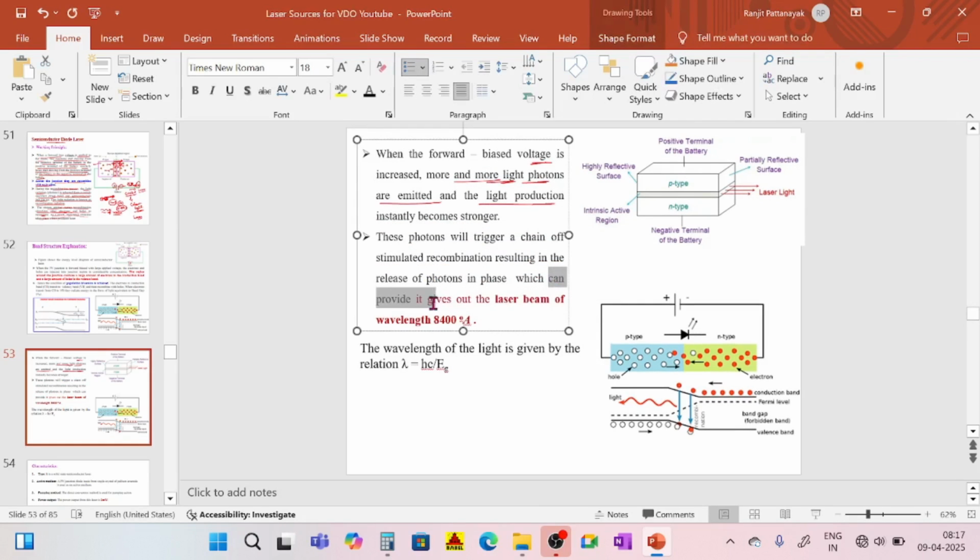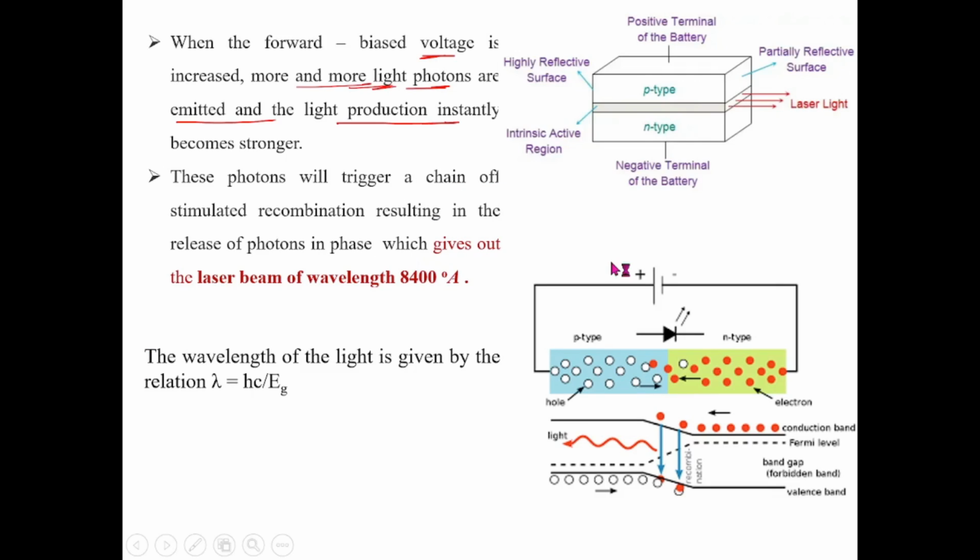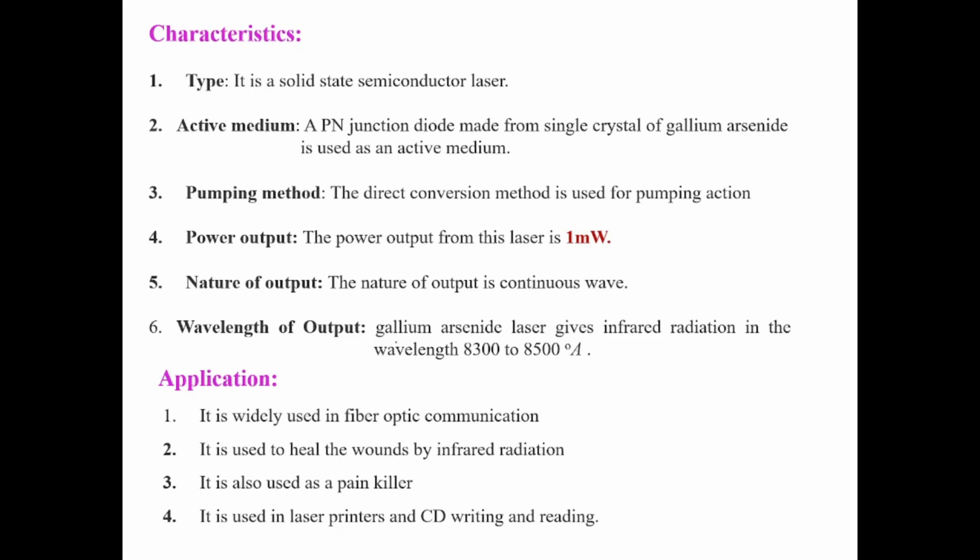which gives out the laser beam of wavelength 8400 angstrom, right? 8400 angstrom. The wavelength of the light is given by this relation. It can be evaluated by this relation. Here h mu equals Eg. Mu is nothing but c by lambda. So lambda equals hc by Eg. So these are the characteristics of